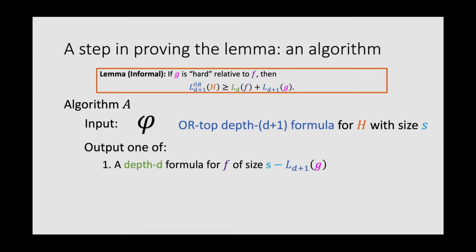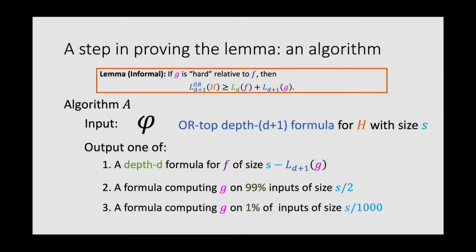Either, don't worry about what this says yet, it's going to output a small formula for f, or a small formula for g, or an even smaller formula for g that